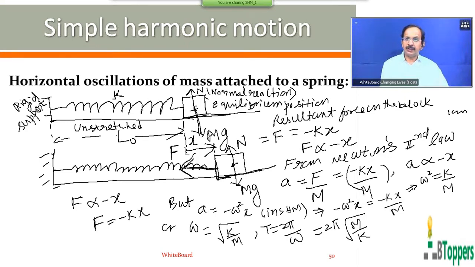Not only in the present example, in any example of linear simple harmonic motion, the time period of simple harmonic motion is independent of the amplitude of oscillations. I mean, in the case of undamped simple harmonic motions and linear simple harmonic motion, which we discussed at present, the time period of SHM is independent of the amplitude of oscillations. So I am now going to show you the notes for the discussion I have done so far in this class.